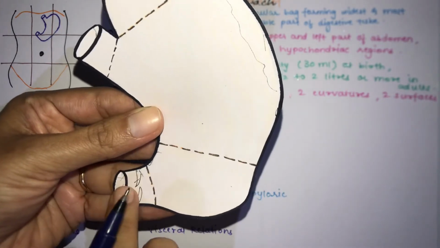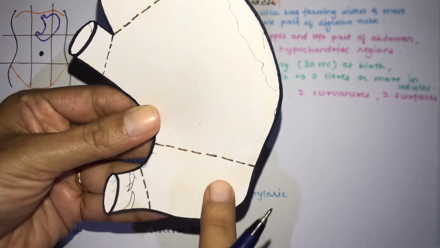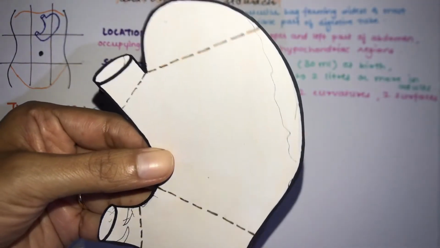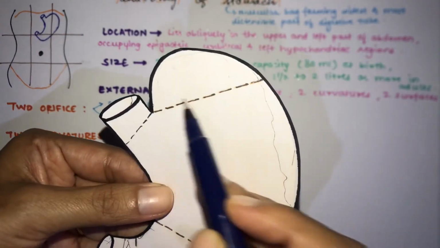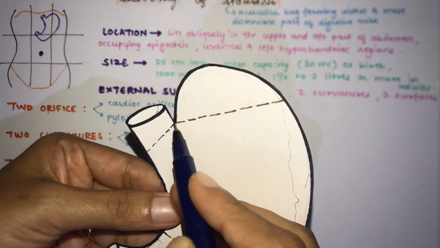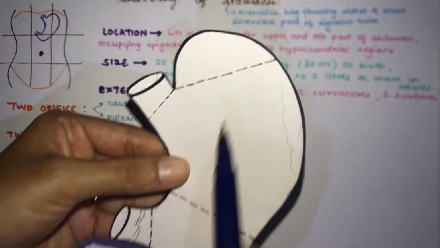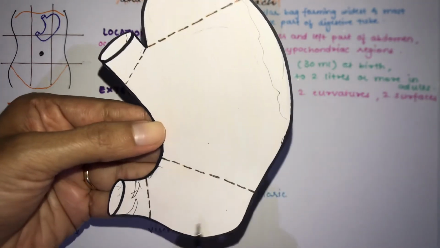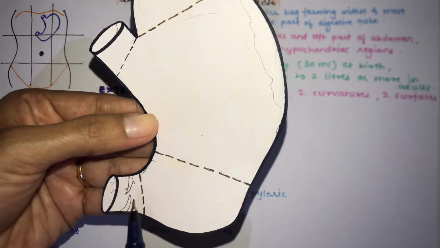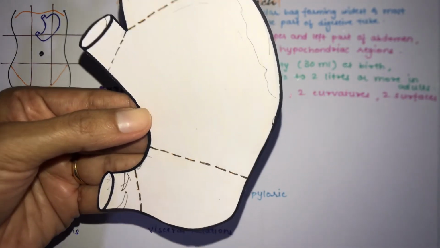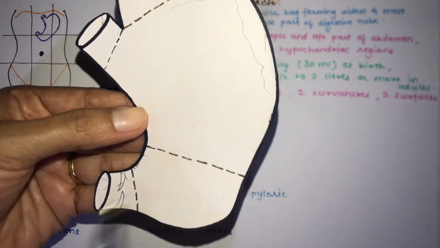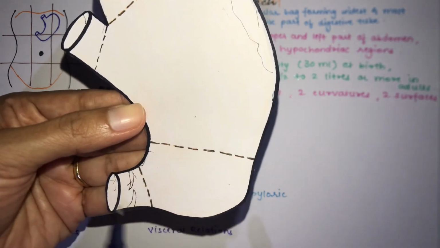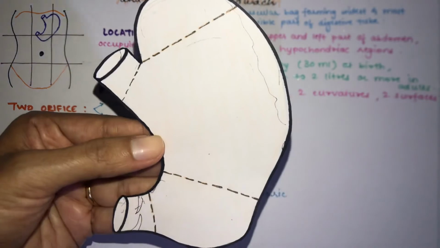Over here you also have the pyloric canal, then you have the pyloric antrum. Now this is your greater curvature, lesser curvature, anterior surface, posterior surface, and then over here these are the various parts. This part is known as the fundus, this is known as the cardiac. This small demarcated part is your cardiac. This big part of your stomach is known as the body of the stomach. Over here this is the pyloric antrum, and this is the pyloric sphincter present in the pylorus region of your stomach, and there is also the pyloric canal, and the pyloric constriction which is present in this region. So these are the various external features of your stomach.